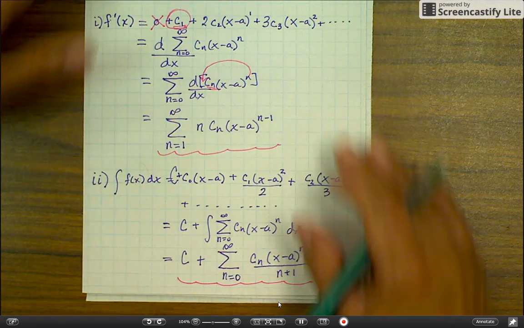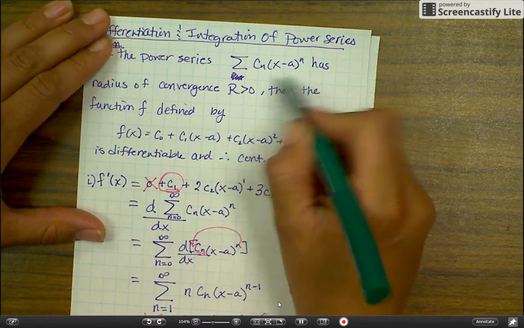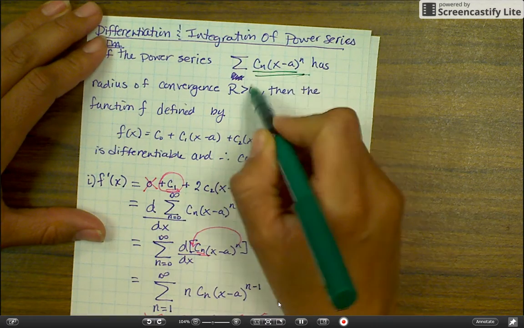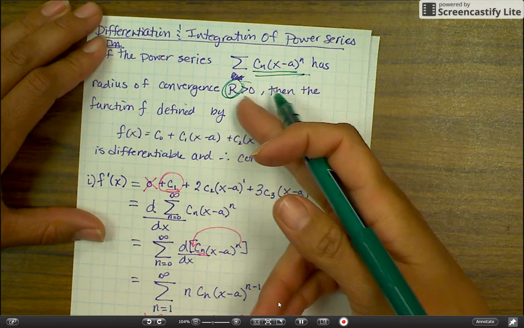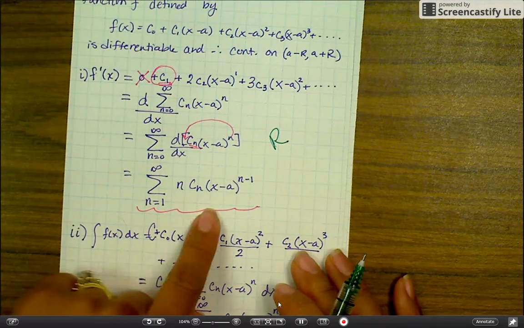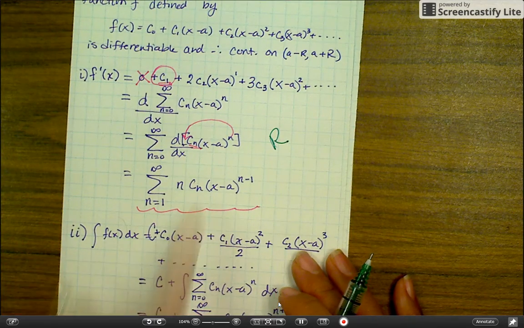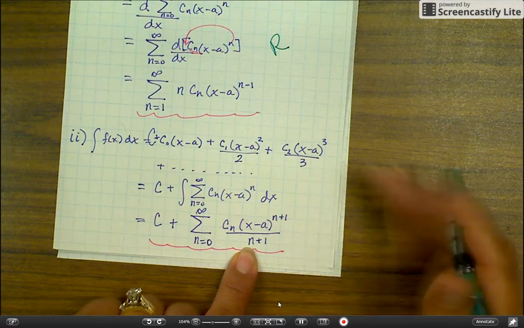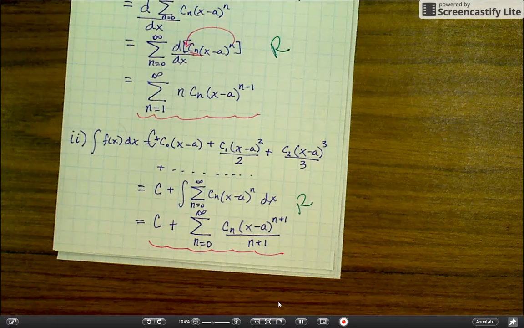Now the last thing is, if the radius of convergence for this power series is r, whatever this r is, then the radius of convergence for this guy is r. This is a new power series, right? And this also is a new power series. Its radius of convergence is